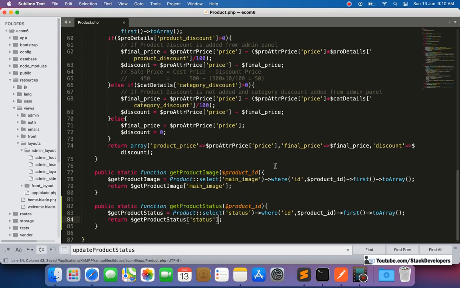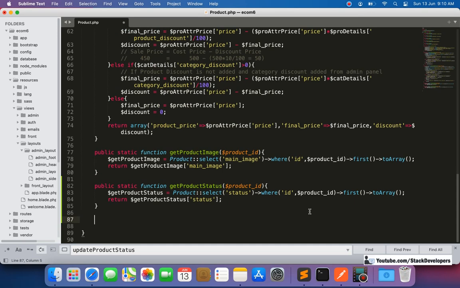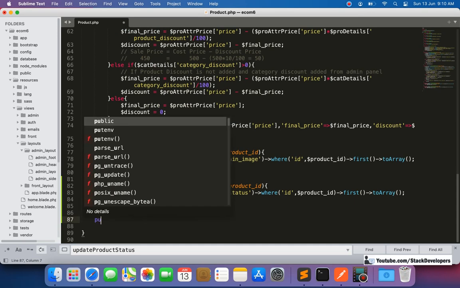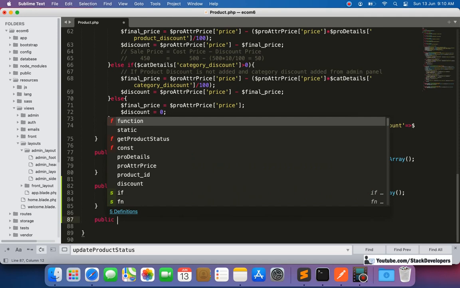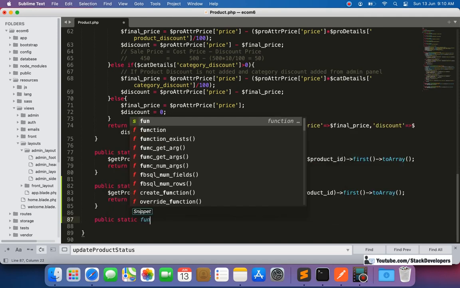Okay, so now this status we are going to use, but one more function we are going to add, that is to delete the product. If in case the product is not enabled, the product is not active, then we can also delete that product from the user cart, so that the user is not able to purchase that product. Okay, so we will create one more function here, and that will be a public static function,